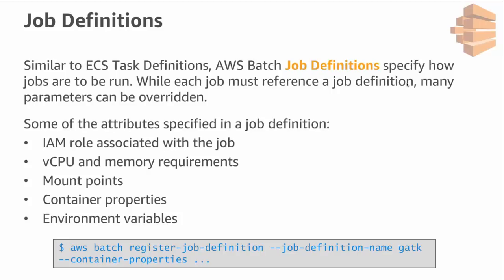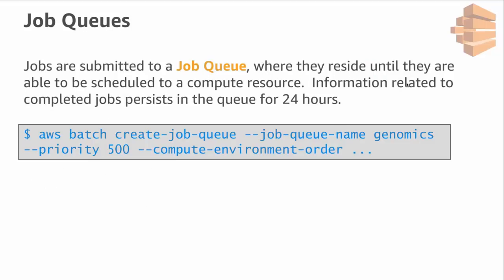So here's an example at the bottom here of AWS Batch registering a new job definition. You can feed it a JSON formatted definition file, and you can then register that job definition with the AWS Batch service. So another component of AWS Batch are job queues, and jobs are submitted to a job queue, and